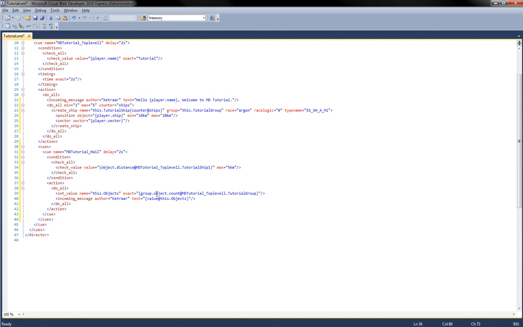It will count the objects within the set group, which is this one, and give you the number. And here in this text message, it's an incoming message, we'll get a number. If you want to add here, say